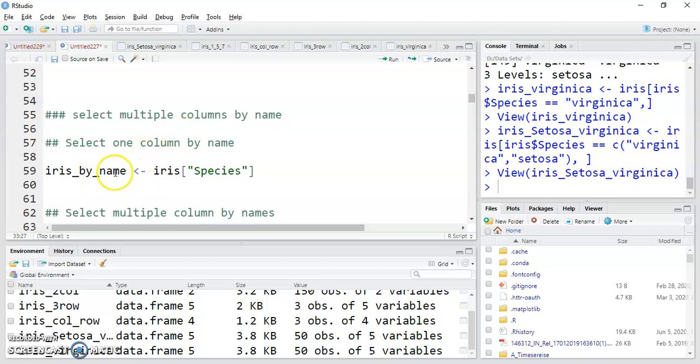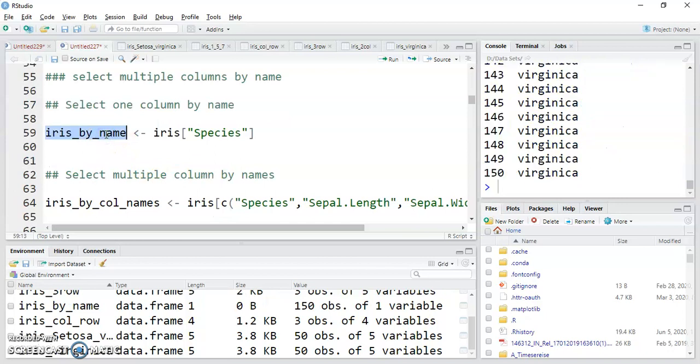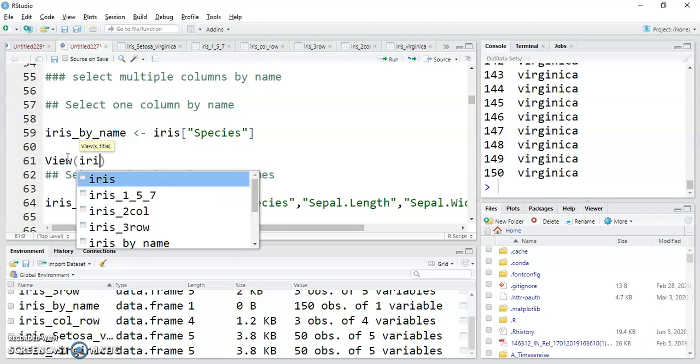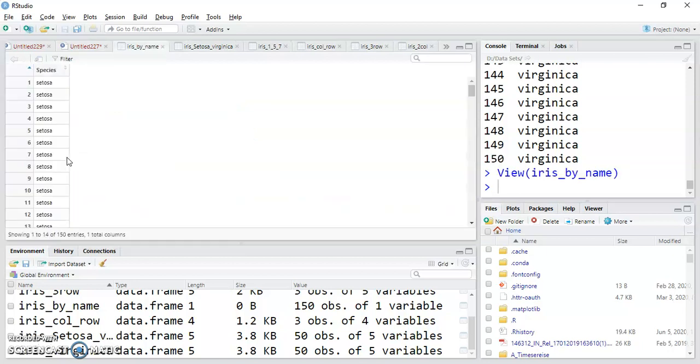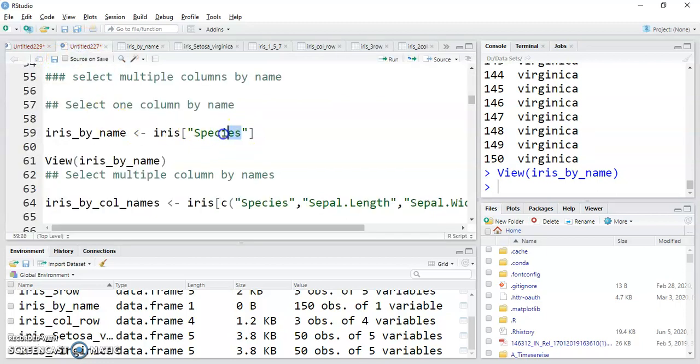So here I write one R object iris_by_name equal to iris in brackets Species. There is one column, Species, so we can extract only the Species column. Only the Species column we can extract by this command, by mentioning the name of that specific column.